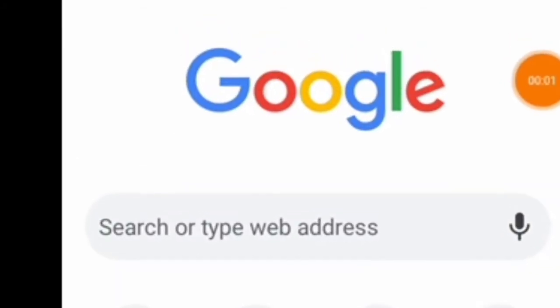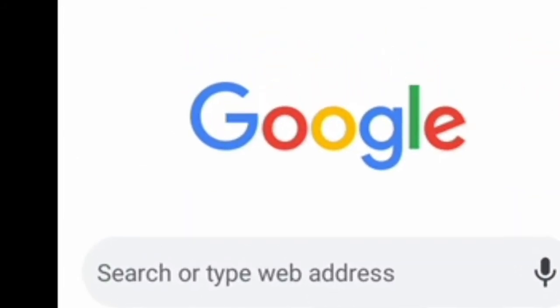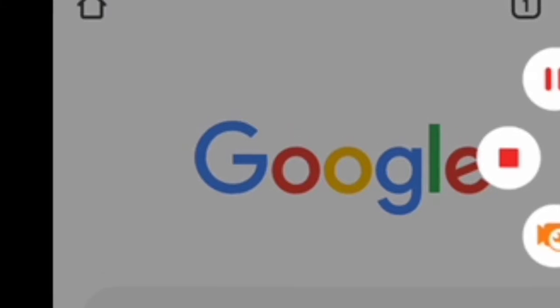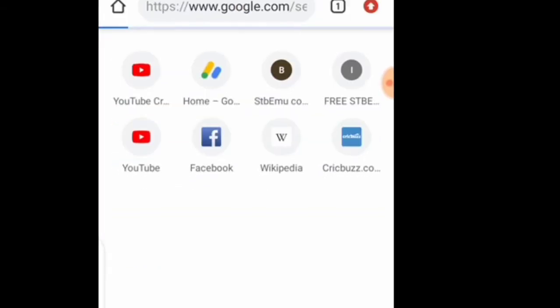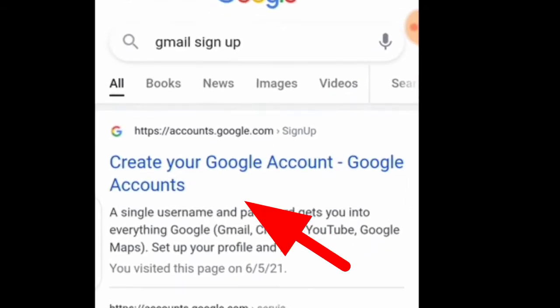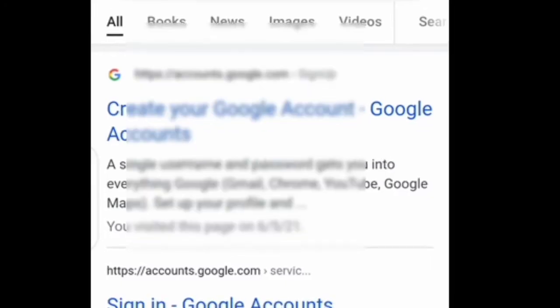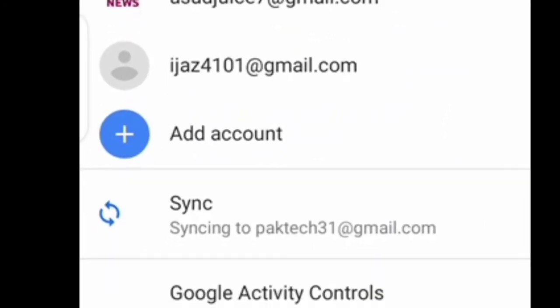Hello dear viewers, in today's video we will talk about how to create a Gmail account without a phone number. So guys, watch the video completely, don't skip any part, and get all the steps on how to create a Gmail account without a mobile number. So guys, follow all these steps: search for Google account sign up Gmail ID in